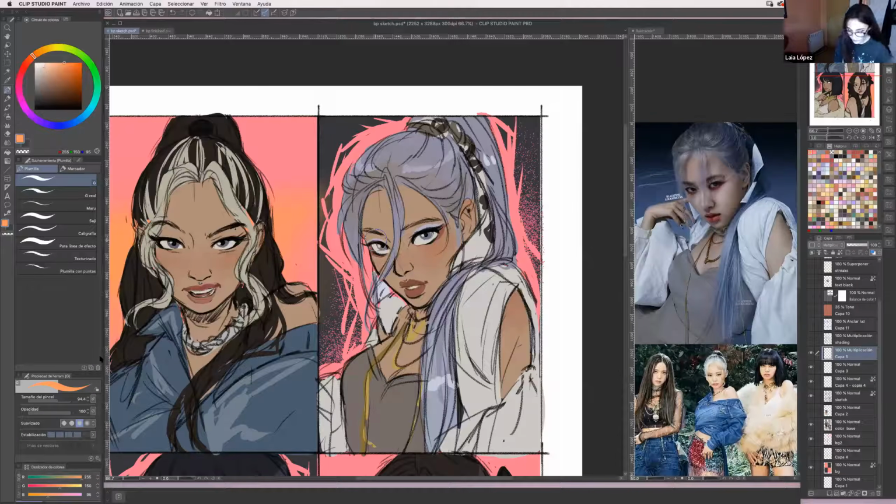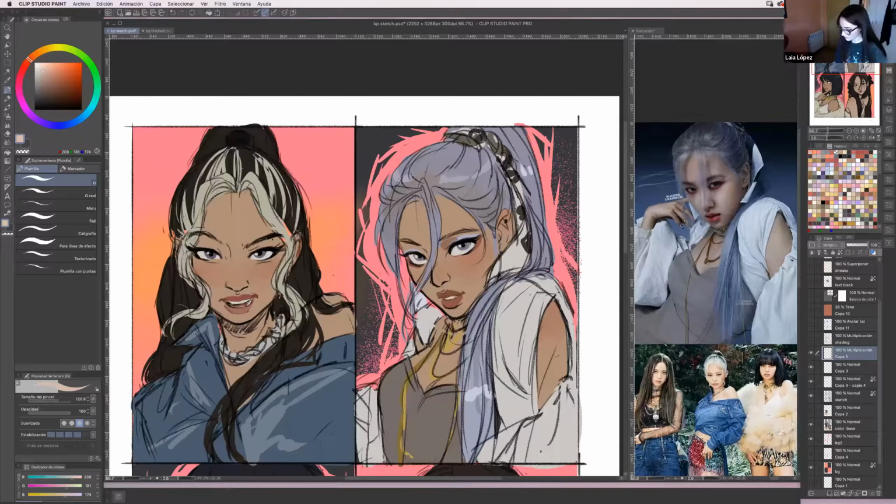And I pick, I don't know how to call this color. Is it like a soft cream pastel pink color for the shading? And I just go on top of everything. I use a lot of layers because you never know when something might turn out wrong, or when you might want to erase a layer or change something.